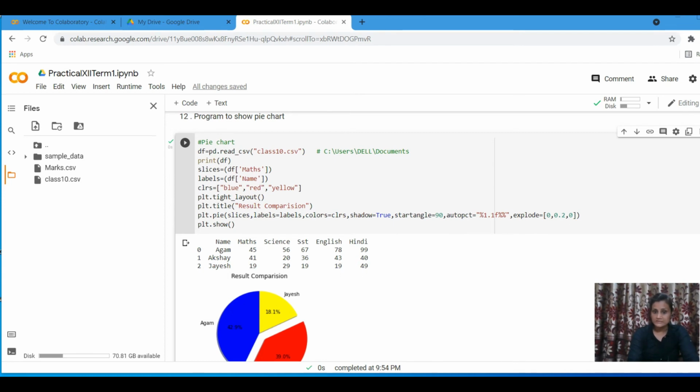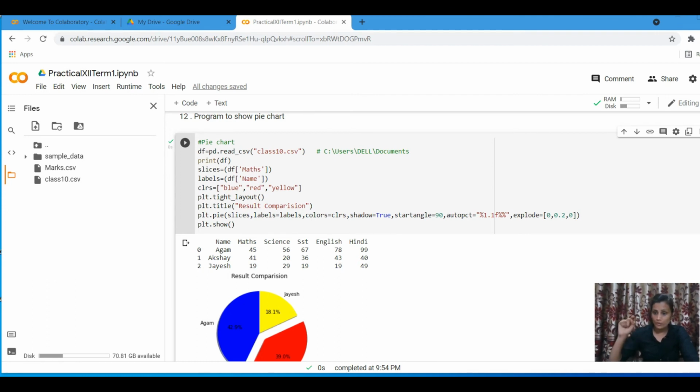Auto PCT is equal to, inside double quotes, first a percent sign, then 1.1f, then a percent sign. This is a format. What is going to appear is this: 1.1f means we want a float value with a percent sign. So 1.1 does not mean only 1.1.